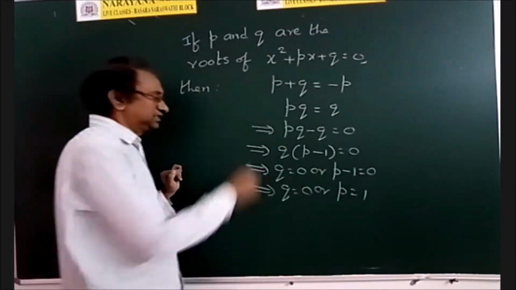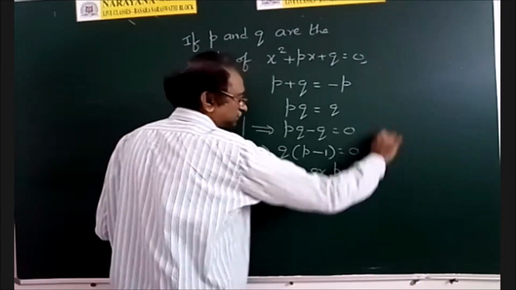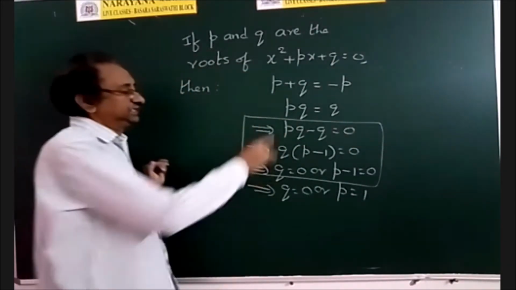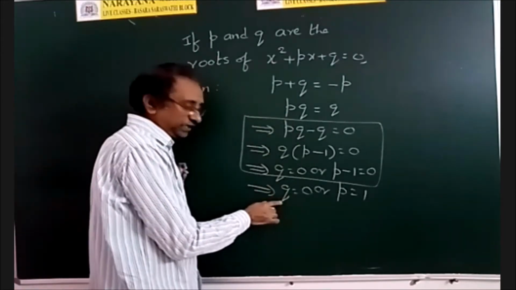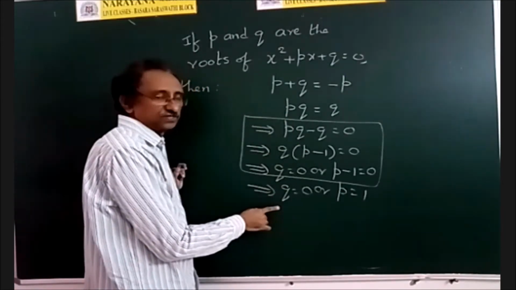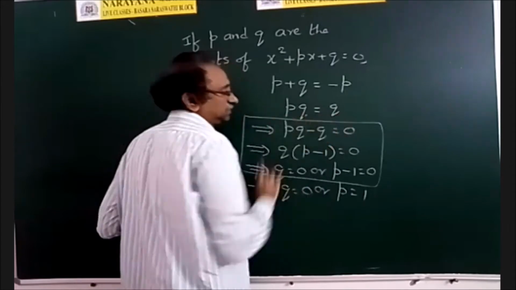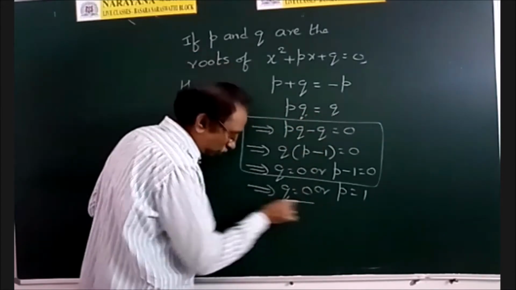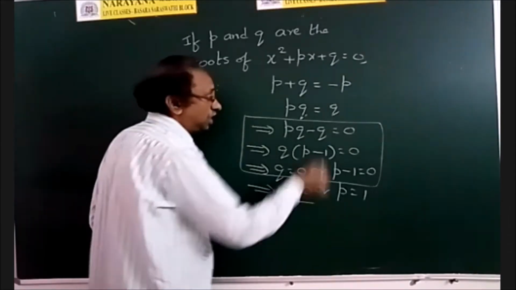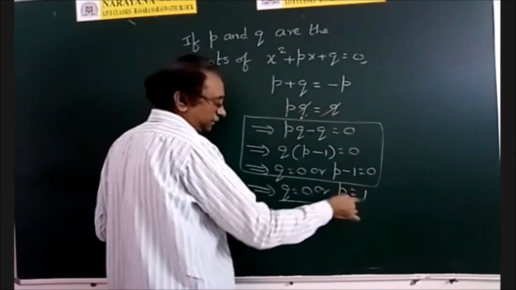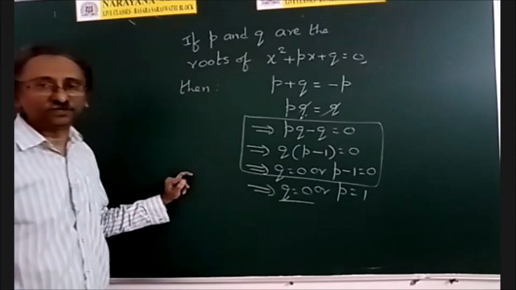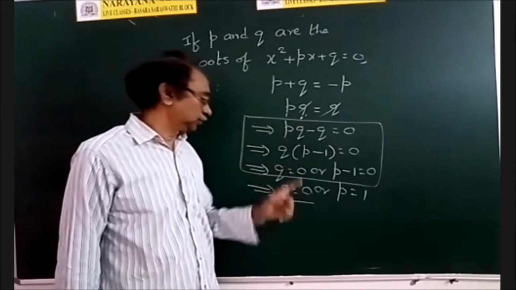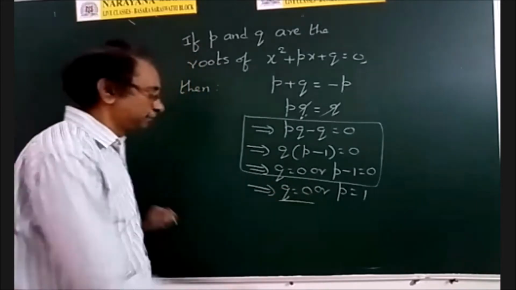Right? But these three steps must be excluded, because by seeing this, immediately you should be in a position to write this. Whenever you see pq is equal to q, first possibility, this q may be 0, or cancel q, you will get p is equal to 1. So that is the way to write that step. pq is equal to q means either q is equal to 0 or p is equal to 1.